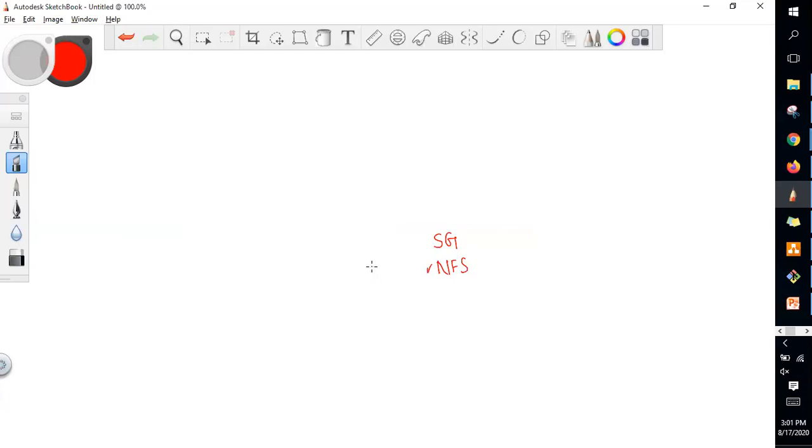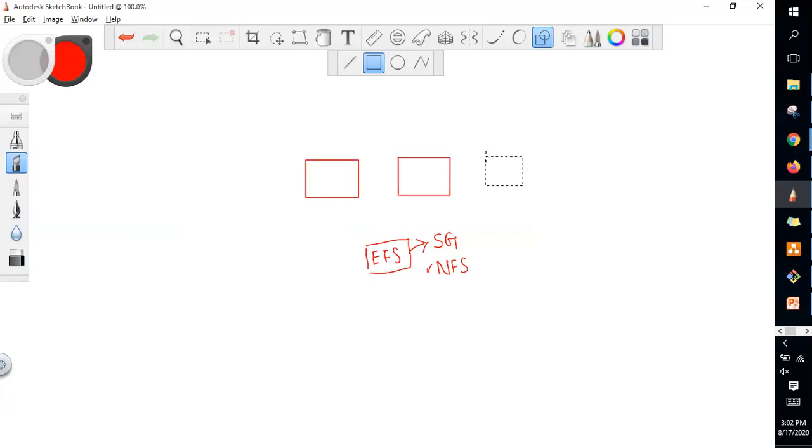And then I create an EFS, elastic file system, with the security group. When I am creating the EFS itself, I would enable the mount targets in all availability zones, so that I'm actually creating a network interface.